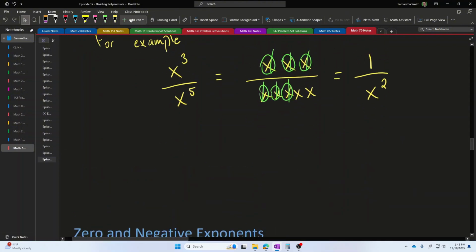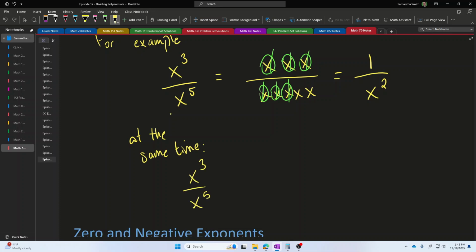If I compare that to what I get by applying the exponent property at the same time, if I did x to the third power over x to the fifth power by subtracting the two exponents, then that would be x to the power minus 2. So if these two actions are supposed to be just two different ways to get the same answer, then these two expressions right here, x to the power minus 2 and 1 over x squared, must be the same answer, just in different formats.